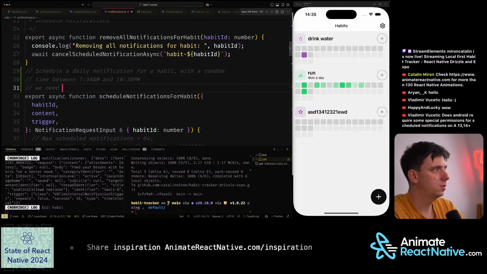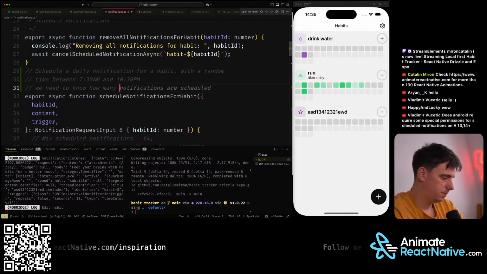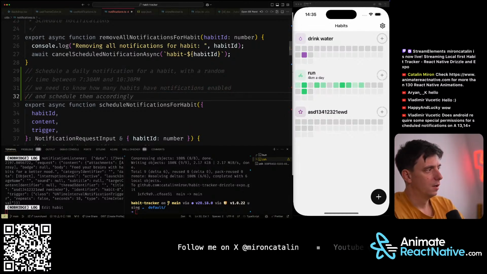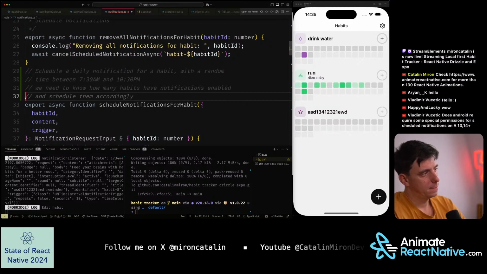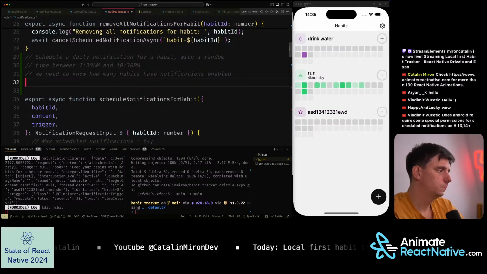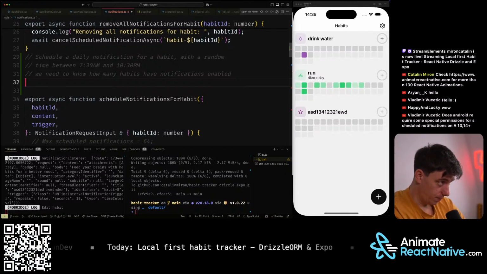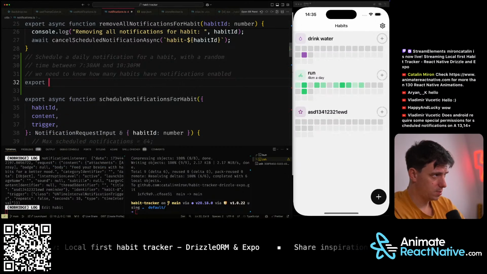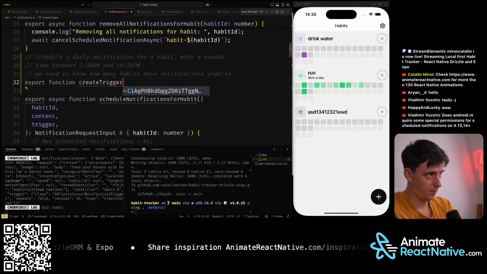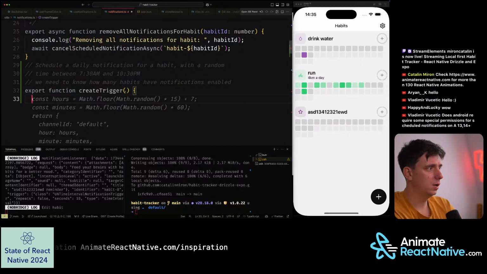Of course, we need to know how many habits have notifications enabled. Okay, and we can say export function create trigger, and this trigger will